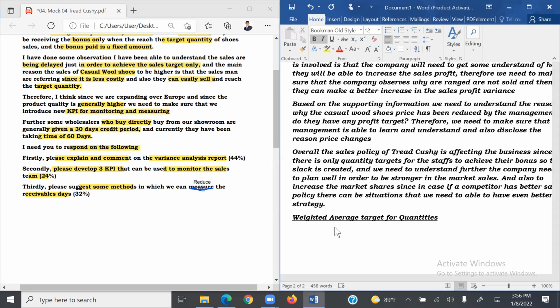So students, now let's start writing the point of view. It's not so difficult. It's very simple. The weighted average target for quantities is generally better than an overall quantity target, because there can be a situation